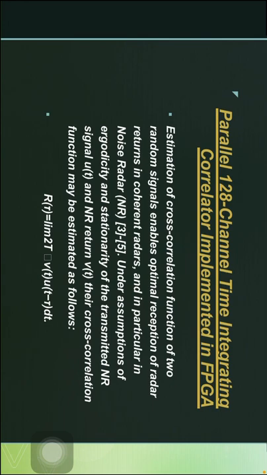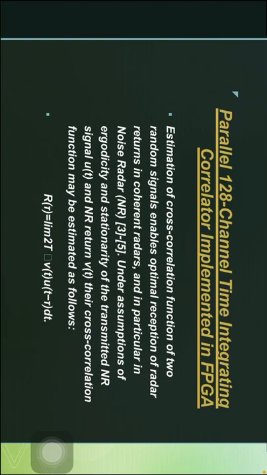Estimation of the cross-correlation function of two random signals enables optimal reception of radar returns in coherent radar and in particular in noise radar (NR), and under the assumption of stationarity of the transmitted NR signal e(t) and the received signal, their correlation function may be estimated as follows: R(τ) is equal to the limit as T goes to infinity of